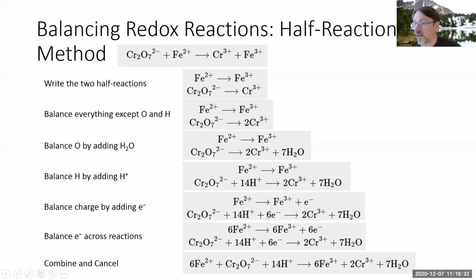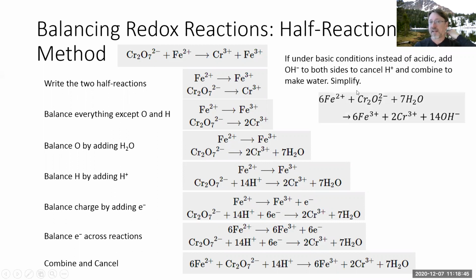Now, it may very well be, however, that you are told that the reaction is happening not under acidic conditions, but under basic conditions, in which case there's a further step. If you do that, you take this reaction, and if it's under basic conditions, you add hydroxide to both sides to cancel out the H pluses. So here you would add 14